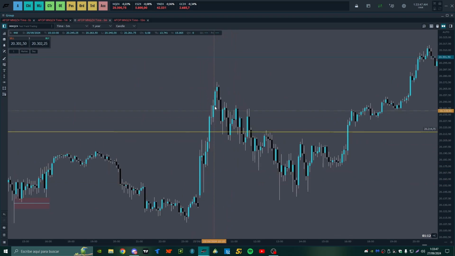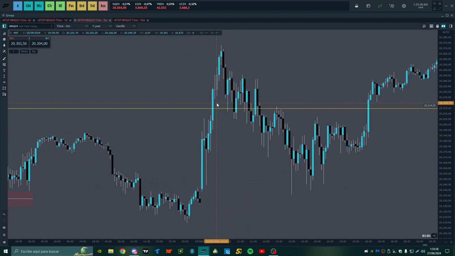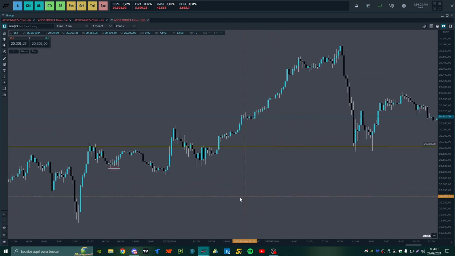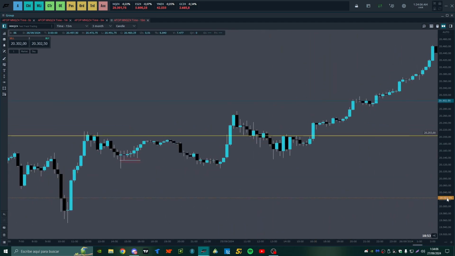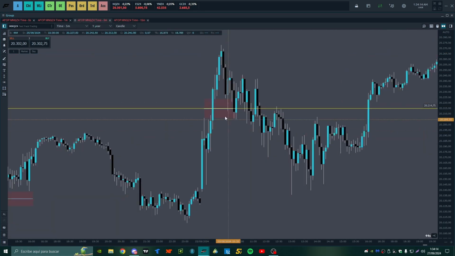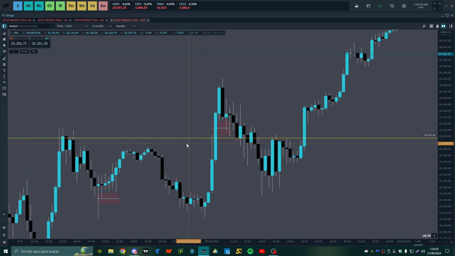A breakout, imbalance and continuation. But in 5 minutes we also had this one around here, and there was a small one here. What happens is that the price stayed so long around here that it also allowed for a 15-minute one. And then we already had two things there. A 5-minute imbalance and the 15-minute one. We had all that there like confluence.